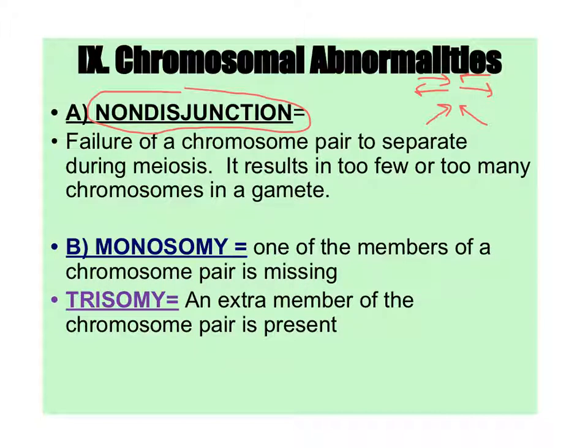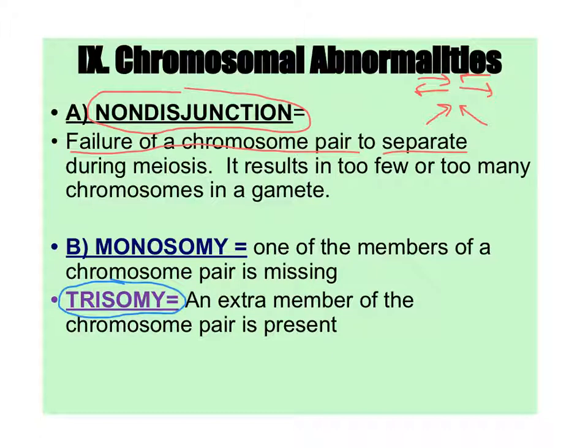Why they didn't just say junction instead of non-disjunction? Anyways, non-disjunction is a failure of chromosome pairs to separate away from each other during meiosis. So during meiosis, they're supposed to be ripped apart from each other. Remember how in anaphase, the chromosomes are ripped apart? Well, every now and then, the chromosomes are unable to separate. That can lead to basically one of two things. If that gamete is involved in fertilization,